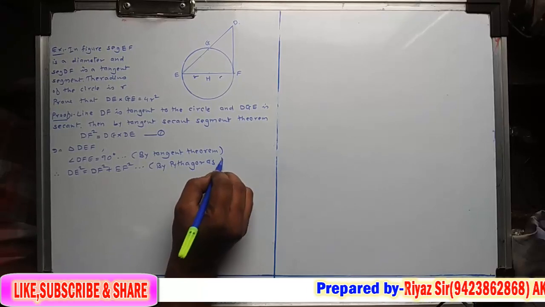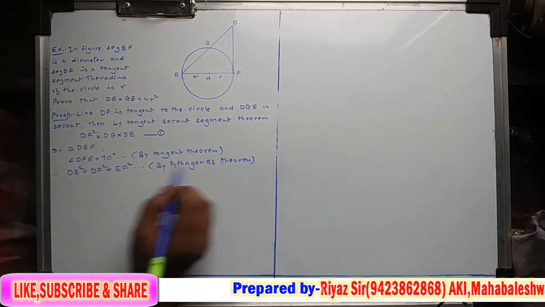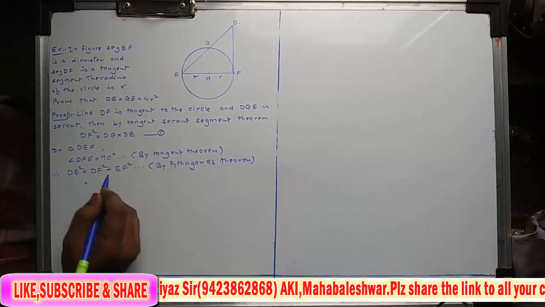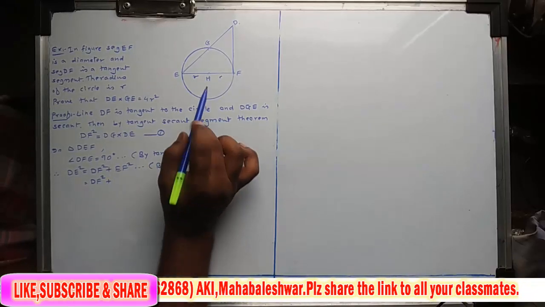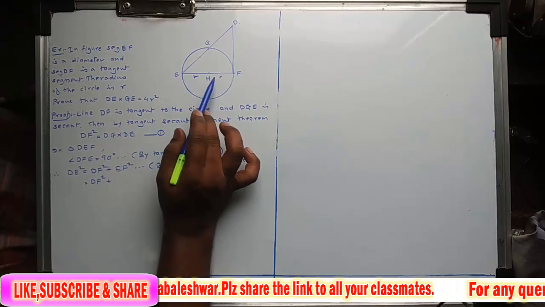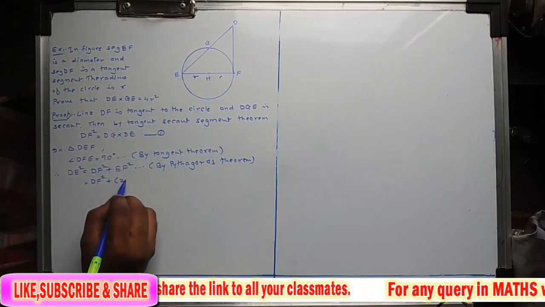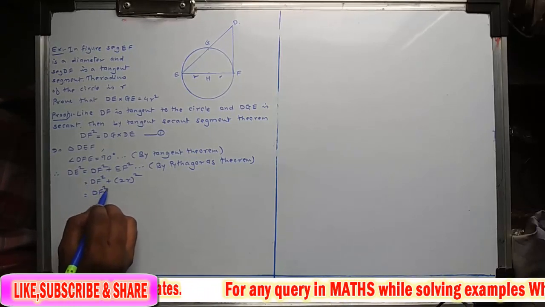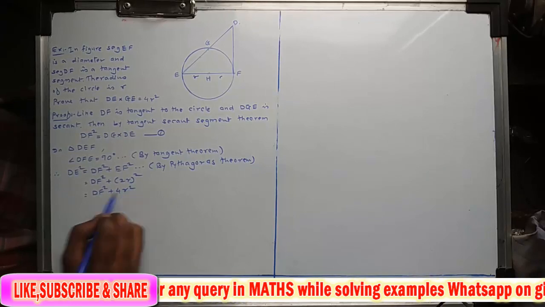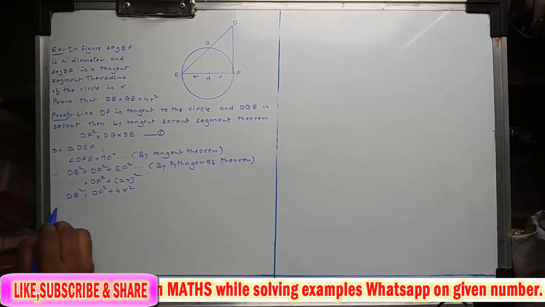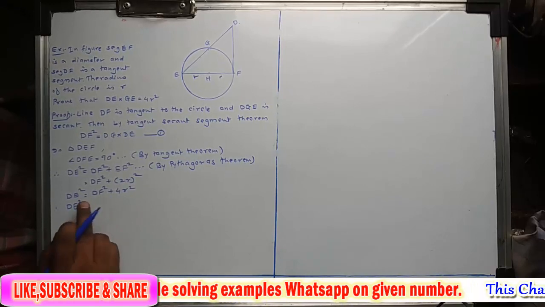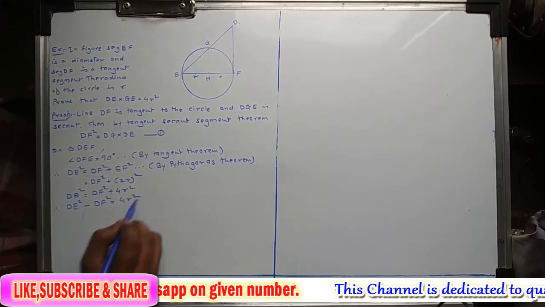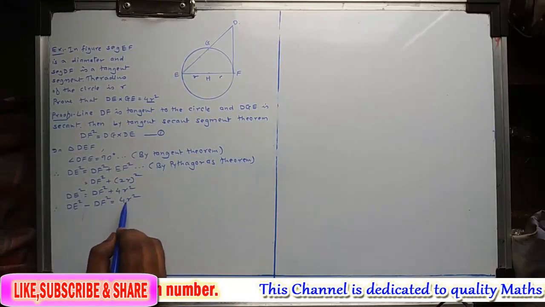Right? By Pythagoras theorem. Okay, therefore DE square is equal to DF square plus EF, but EF is nothing but diameter, and diameter is nothing but 2 times the radius, that is (2R) square. Okay, so you will get DF square plus 4R square. This is the value for DE square, and therefore DE square, take this DF square on left hand side, so you will get DE square minus DF square is equal to 4R square. So this right side we got here now, 4R square.